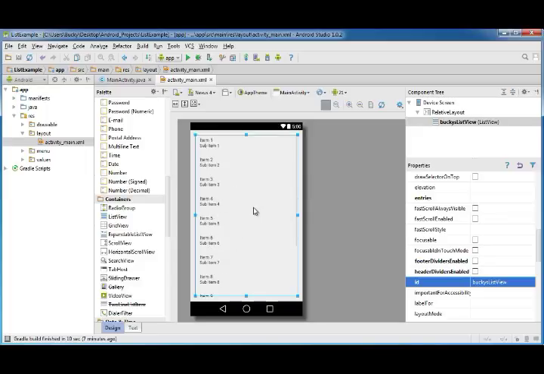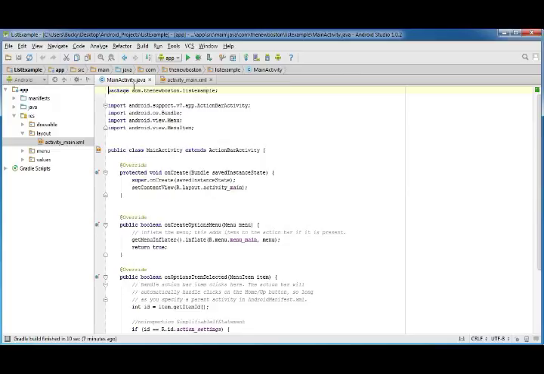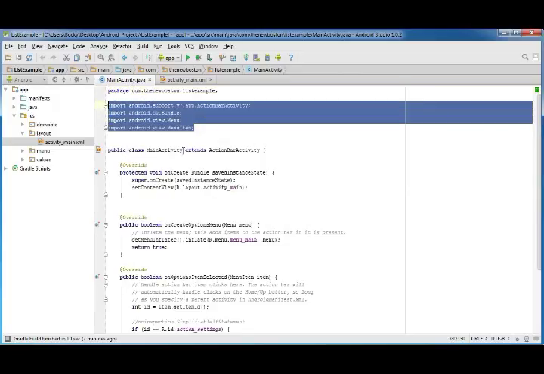This is just for, you know, designing, like I said. So actually, whenever you run your app, we're going to be adding all of the items manually through Java code. So let's go ahead and do that right now. So hop over to your main activity.java, and the first thing I need to do is import a bunch of